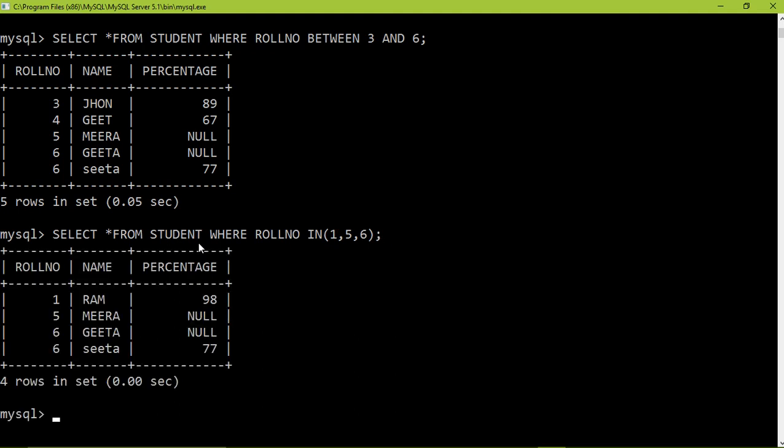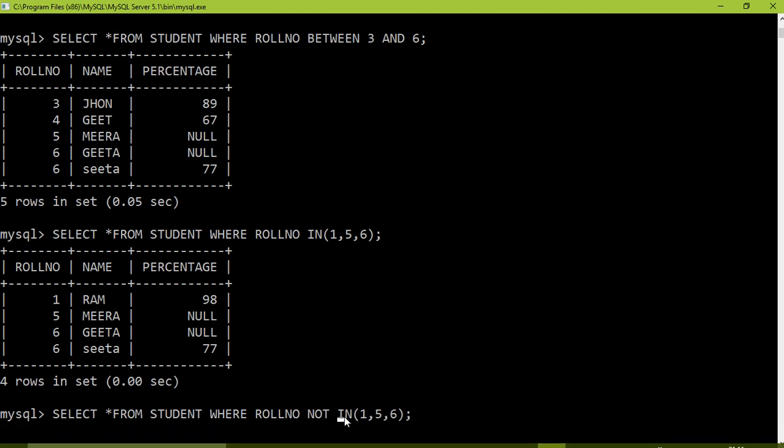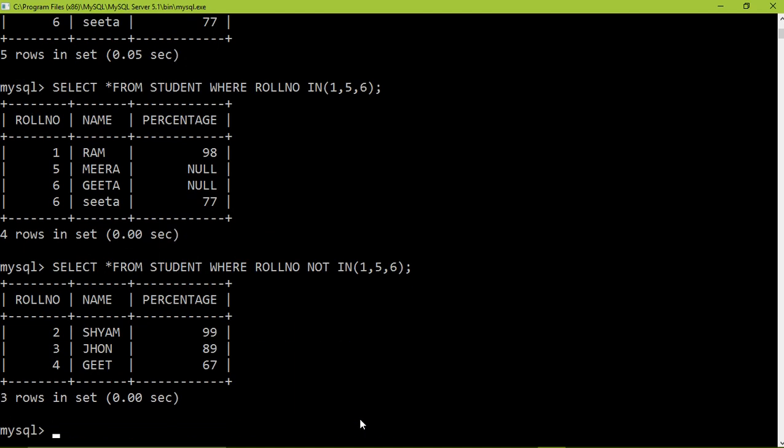So only 1, 5 and 6 are acceptable. And if you want to get the vice versa result, what will you do? Not in. Vice versa means whatever are left, you want to see those, so you will replace in with not in. On pressing enter you will get the rest which were not included in this table.